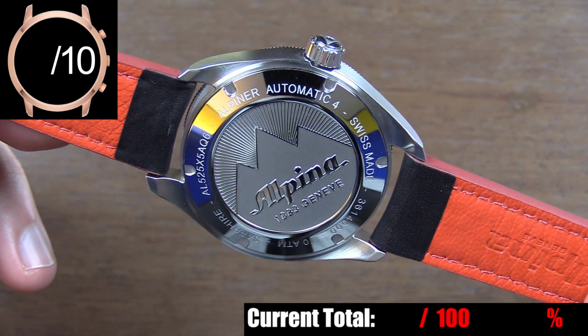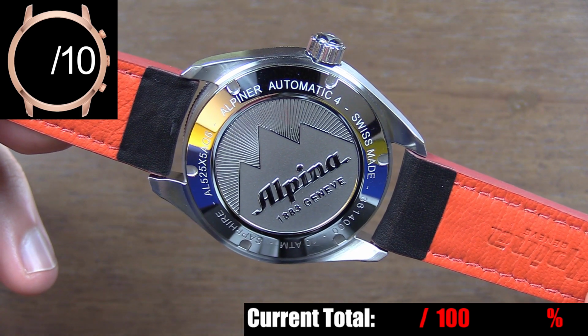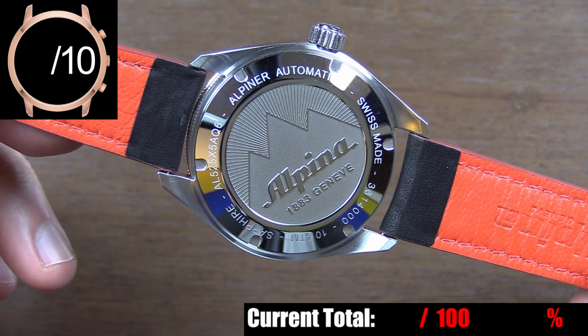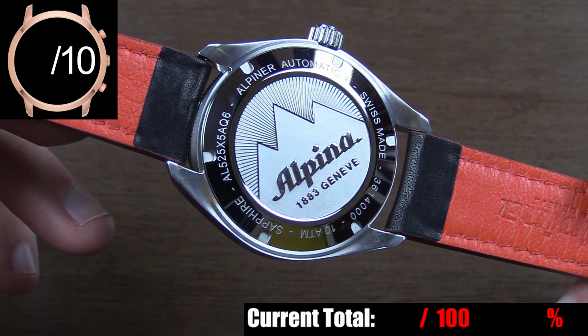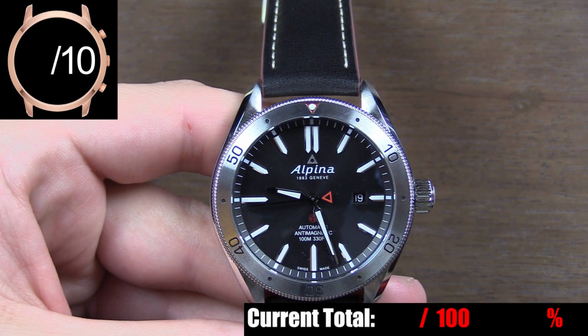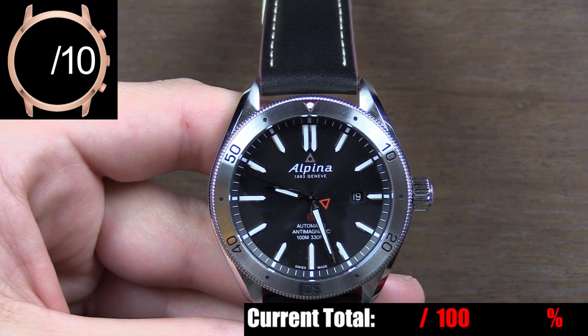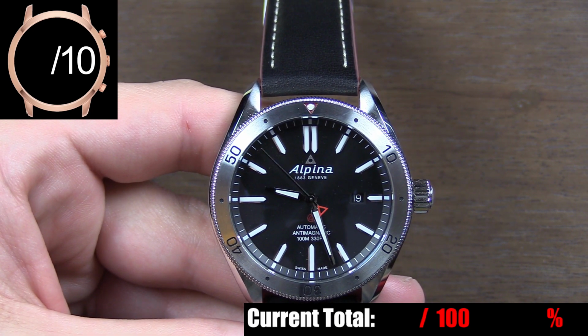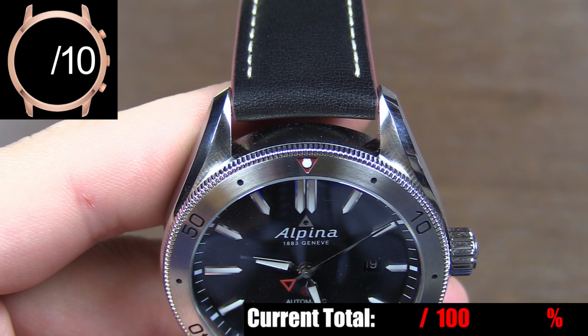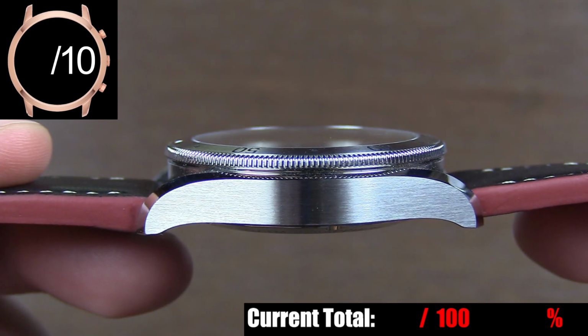Case back is a screw down type with various information about the watch engraved around the outer edge and a mountain-like graphic along with 1883 Geneve beautifully engraved into the center. Back on top of the watch we have the bezel, which I think looks really handsome in this brushed stainless steel finish. You have minute markers for every 5-minute interval, alternating between numerals done in a classic font and dots between the even numerals to mark the fives. A Lume dot inside a red triangle marks the 12 o'clock position, and you have a subtle coin edge grip